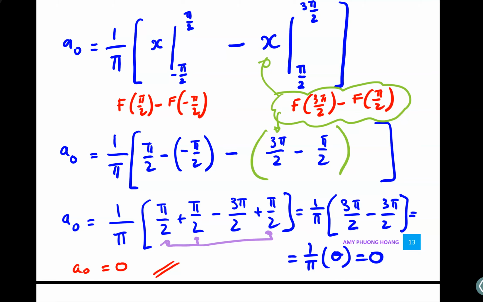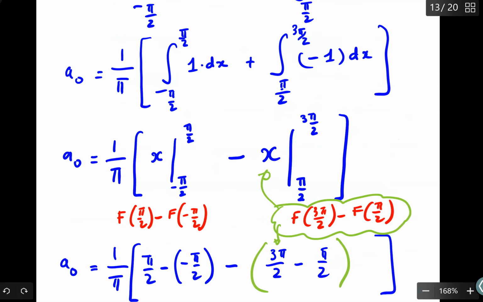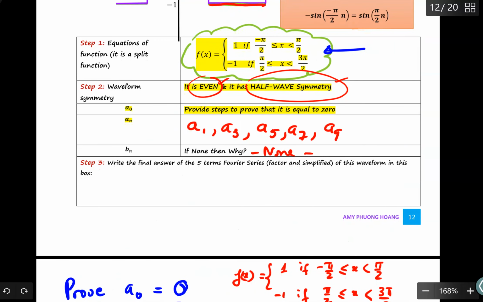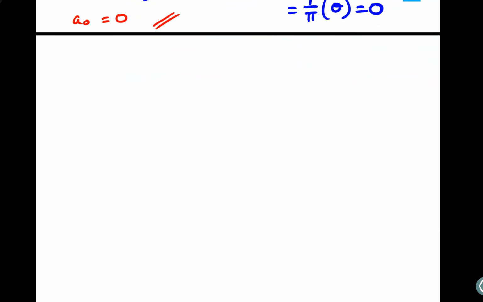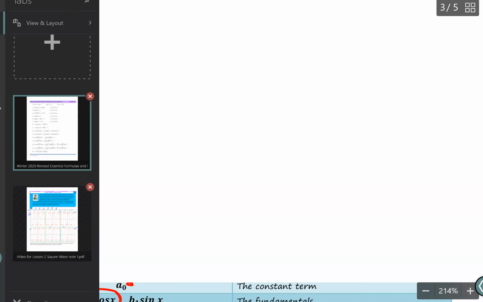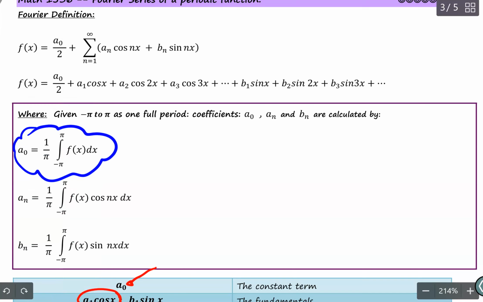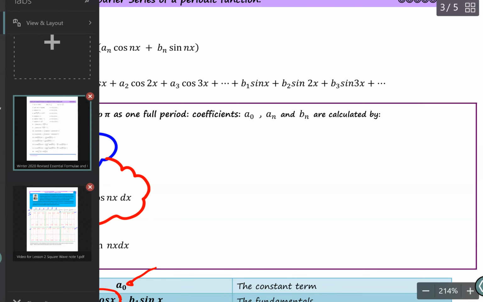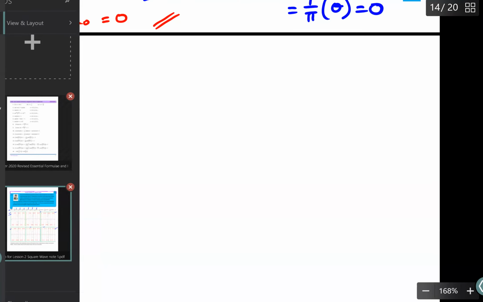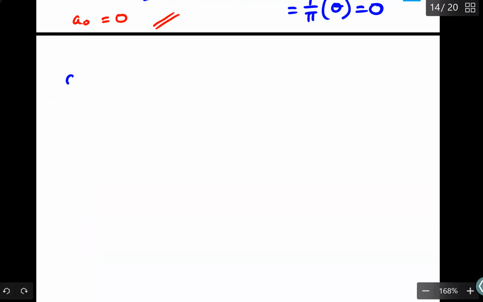So the next step is to find the Fourier series of this square wave with its 5 terms. To do this, the first thing we have to do is write down the equation to find our an. So go back to our formula sheet. We need to write this down. an is equal to,